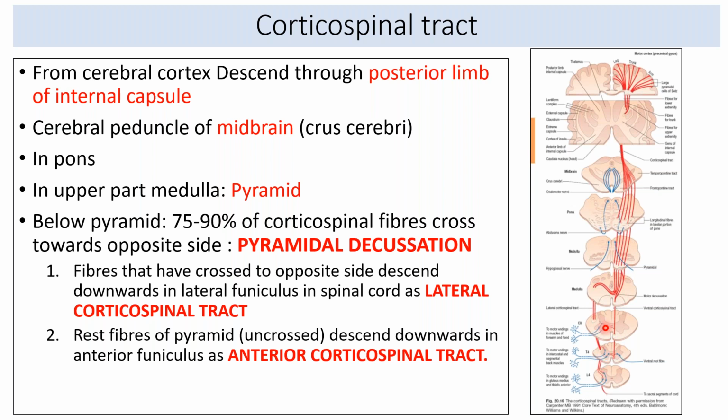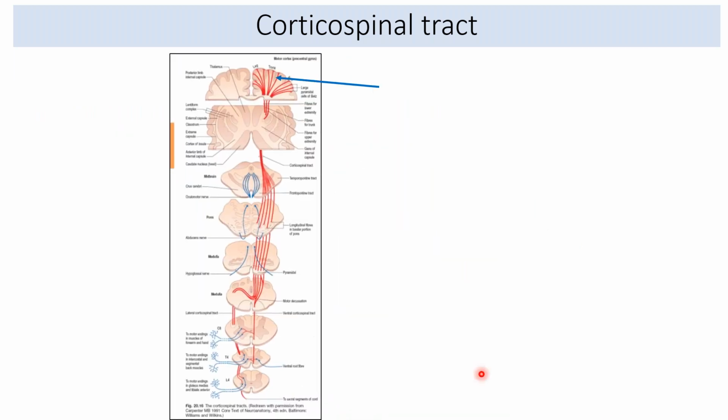And then you can see the blue dots over here at the spinal cord level. What are these? In the anterior horn, these are the motor neurons. These are the motor neurons which are going to be synapsed by these corticospinal tracts, and they are ultimately going to supply the skeletal muscle. So we'll see this course in subsequent slides. So till this point, I think you are clear. We'll again briefly describe this.